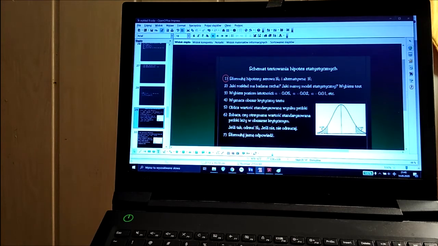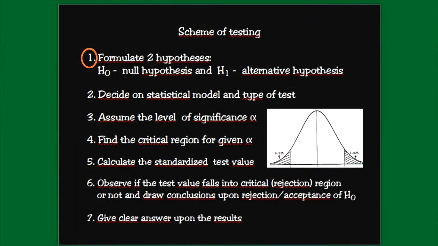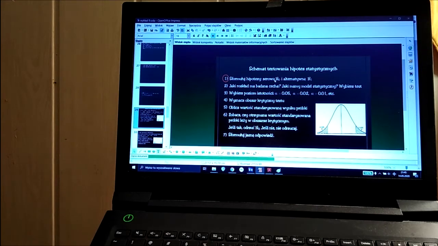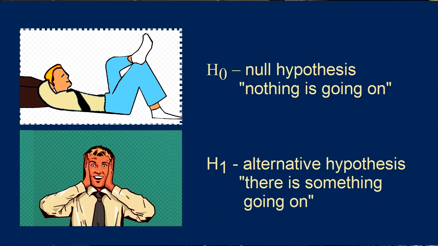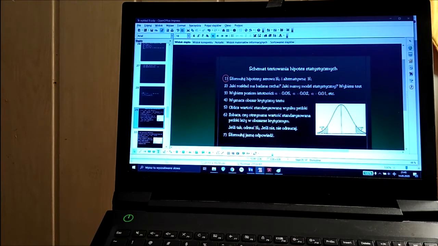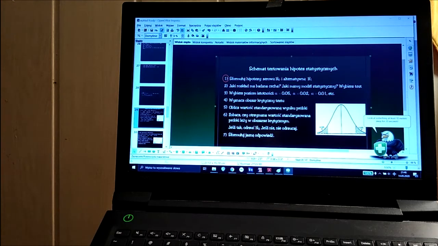The first thing we did was to formulate two hypotheses. The first hypothesis, the so-called null hypothesis, was that the coin is fair. H0, the null hypothesis, is always a hypothesis that nothing is going on. So our H0 was, there is no problem, the coin is fair. The alternative hypothesis was that the coin is not fair. It means it has some wrong prediction of frequency of occurrence of the eagles of the two sides of the